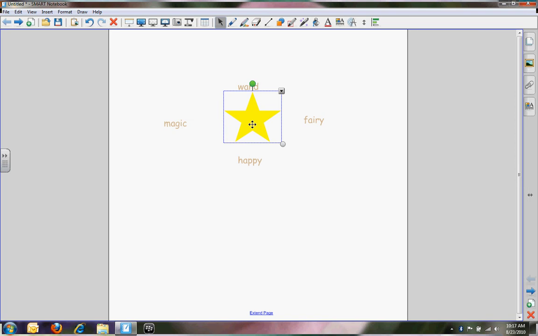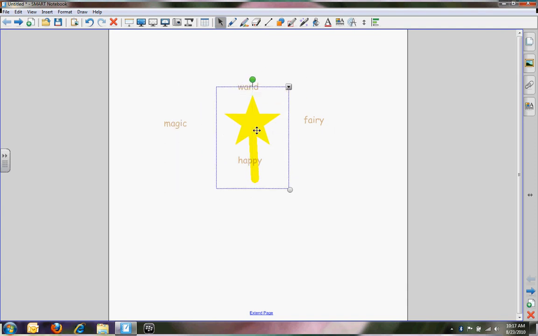Okay, the easiest way to make the stick for your wand is by going to your pen tool and selecting the highlight option, and I'm going to see if I can draw a nice straight line. There, that's good. Going back to my select or my mouse. Now what I want to do is I want to again hit Control A, which selects both the star and the stick, and I'm going to hit Control G, which has grouped them together so that now they move